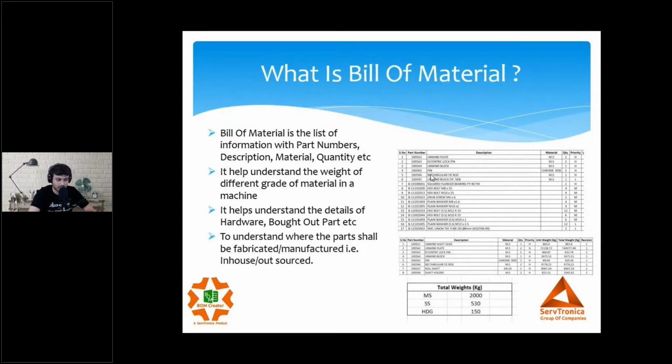So the bill of material becomes a critical component apart from the manufacturing drawing, because the bill of material basically decides what weight of material I need to procure from the market for executing the project, since it has the weight details. Without a bill of material, you cannot do your planning activity. Of course, you need manufacturing drawings for manufacturing the product, but for planning activity, for knowing what amount of weight has to be purchased and what is available with me, everything comes out of the bill of material.